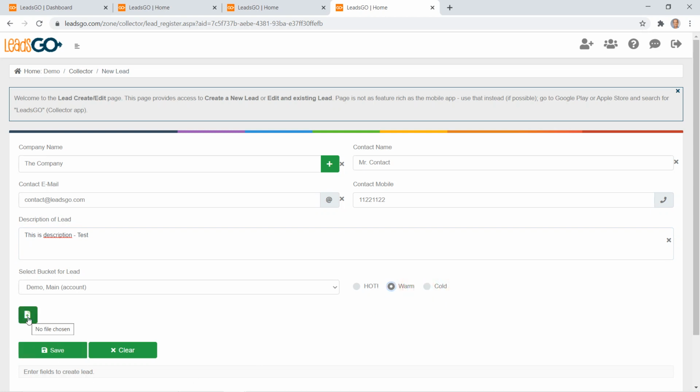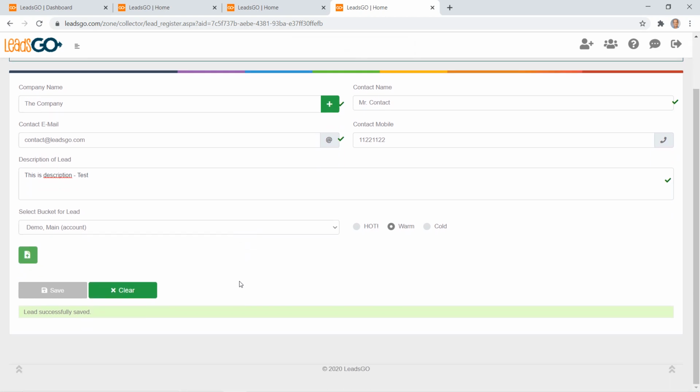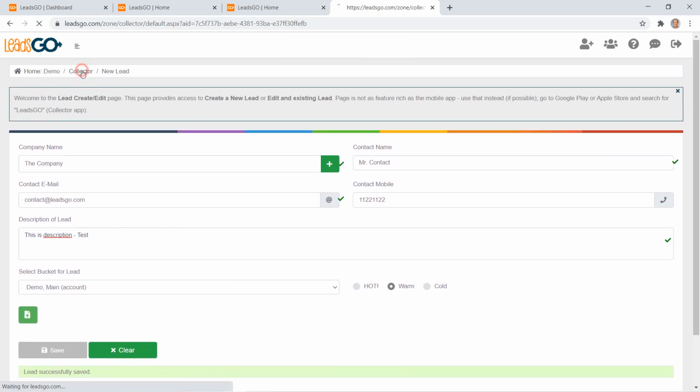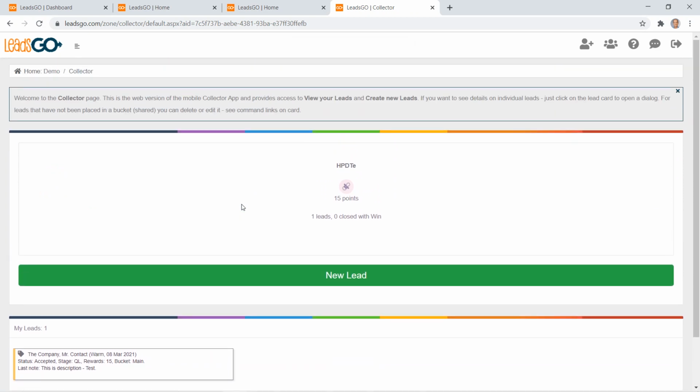You can also click on this to link a picture to it, for example, of a business card or the home page, etc. And then you just press save. So now a lead is created, with this description and elements, and it's assigned to the demo account. So let's go back to the previous page, and here you have the home page of the collector functionality,